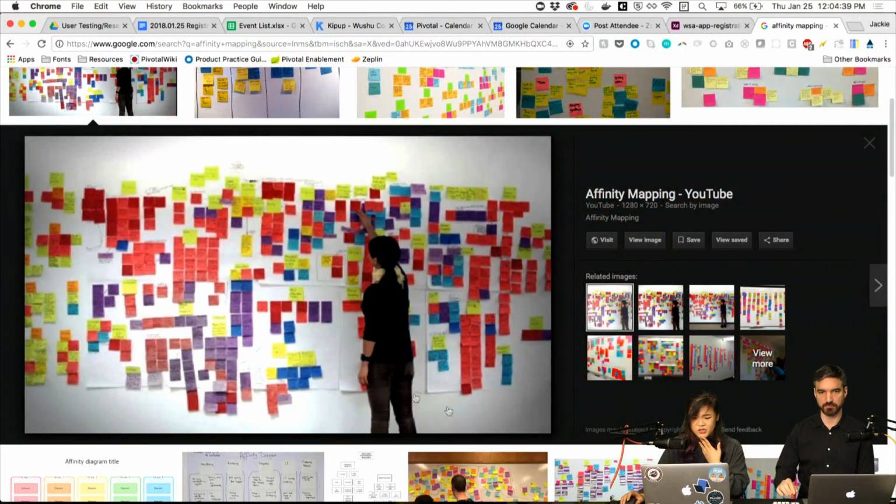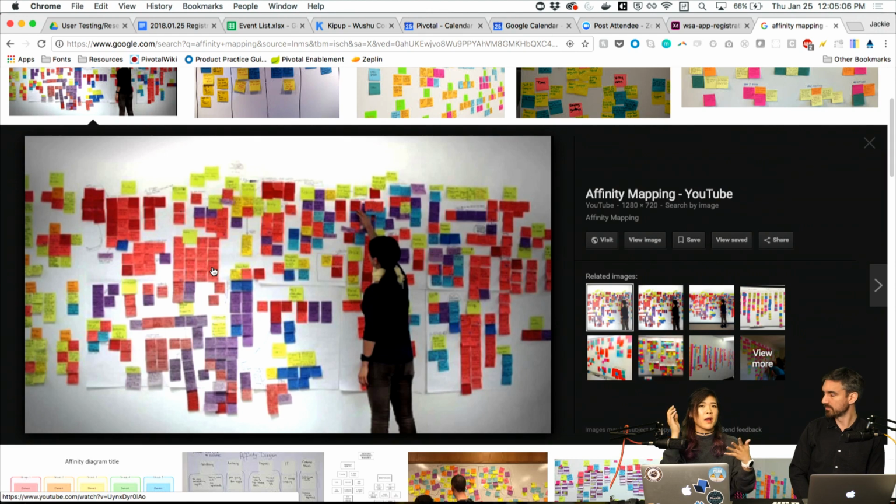If you switch to my screen, this is an example of what affinity mapping looks like. You have one color per person, and what you do is you start to group together similar ideas. In this particular case, I might lay out a structure to say, here we're going to put all the persona questions, those questions at the beginning where I was saying, how many competitions have you done, things like that. Then I might give this a little more structure: here we're going to put all the thoughts around the information page, here all the thoughts around the event page or some event selections page. And then within those, start to group together similar thoughts.